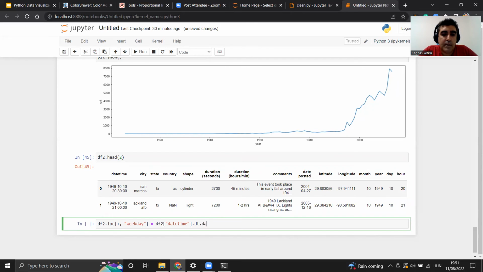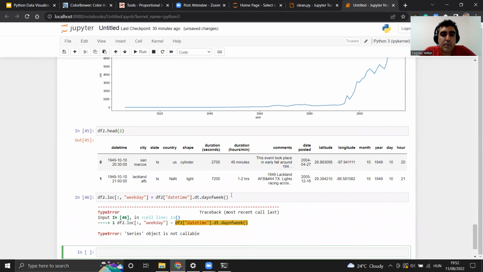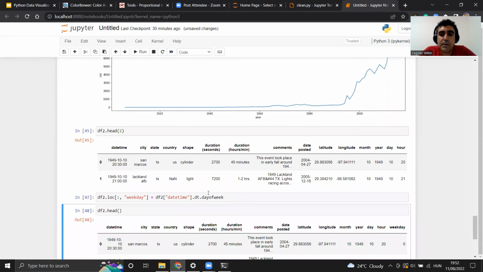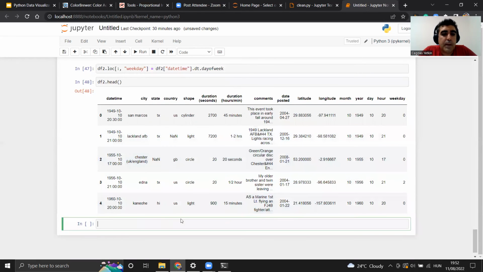And I think there was this function called dayofweek conveniently, but I'm not sure. If it fails, we will check the documentation. There should be a function like this. Okay, maybe not dayofweek, or maybe it is. I am checking what it did. Okay, yes, here we are. And actually what we ended up with is,